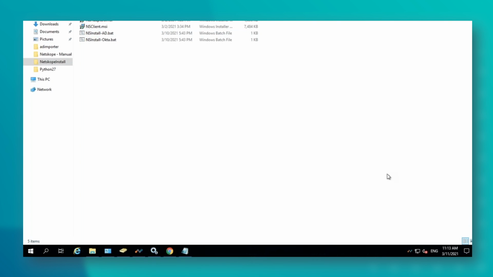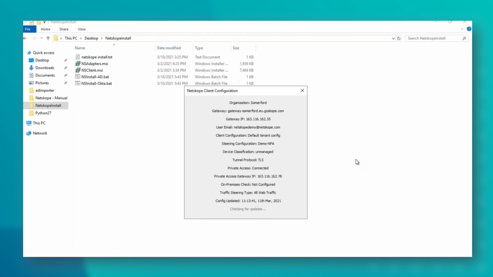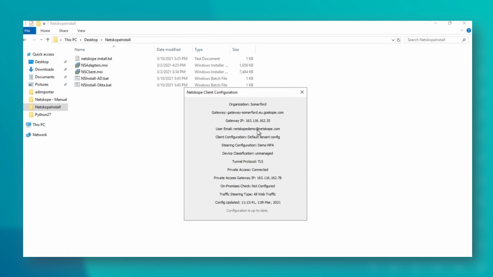And if I go into the configuration of it, you can see that it is badged to the Netskope demo at netskope.com account. Now, I also added Netskope demo 2 to that group. So once that user appears inside of the tenant, if that user logged on to this machine, the client will now read who that user is, and that username here will change. It will change to Netskope demo 2, which means it doesn't matter who logs into this machine, as long as they've been onboarded via AD, as long as that information is in the tenant, Netskope will pick up who they are and will amend their user details here.